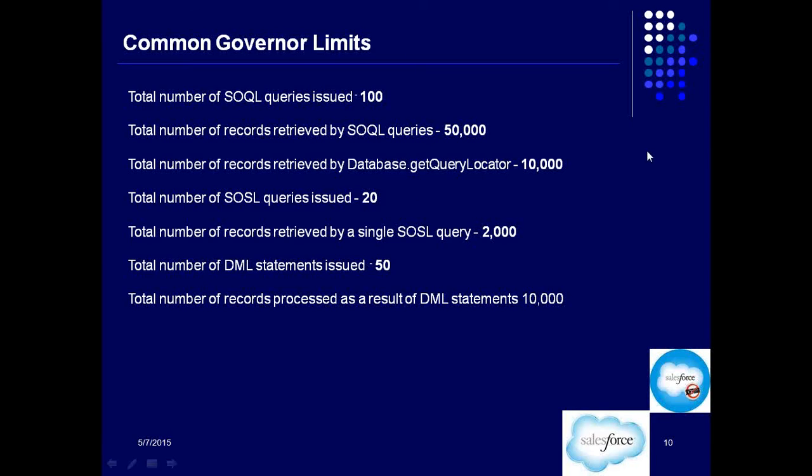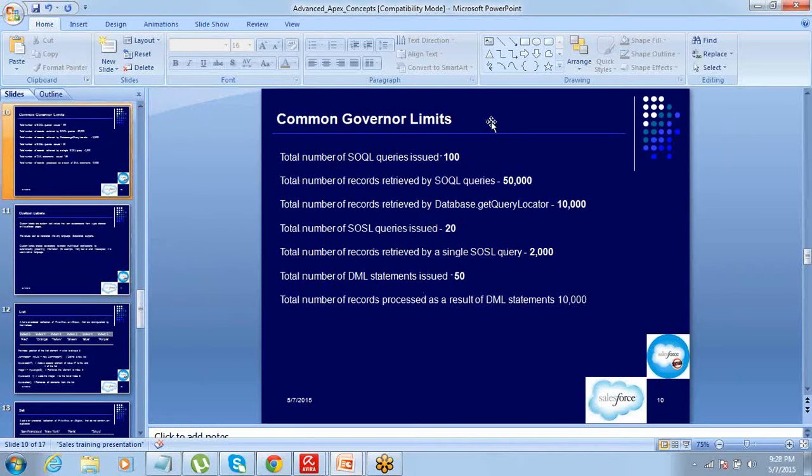So let's talk about a few best practices. I think this question gets answered when I talk about the best practices of writing Apex.